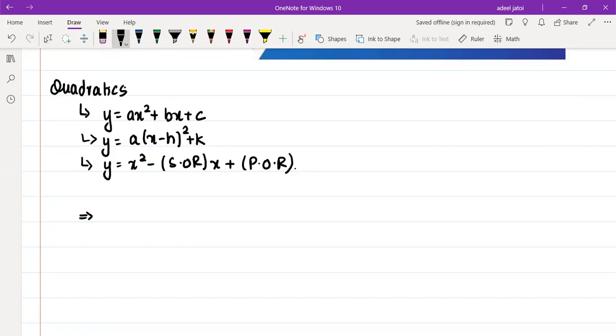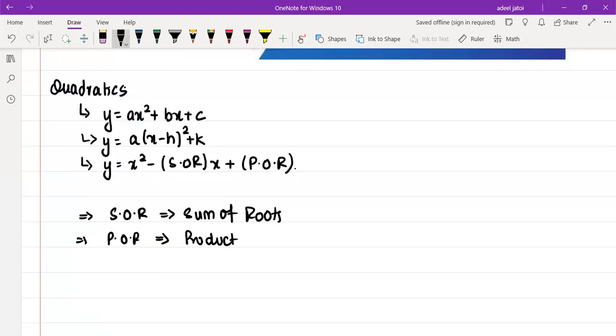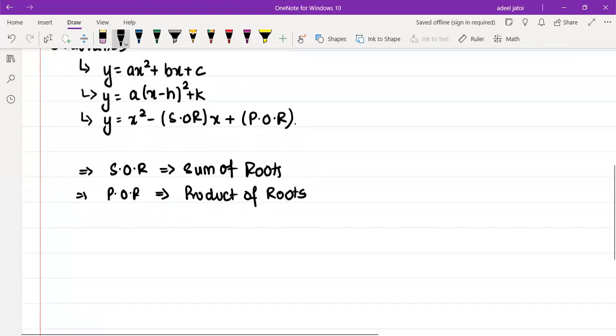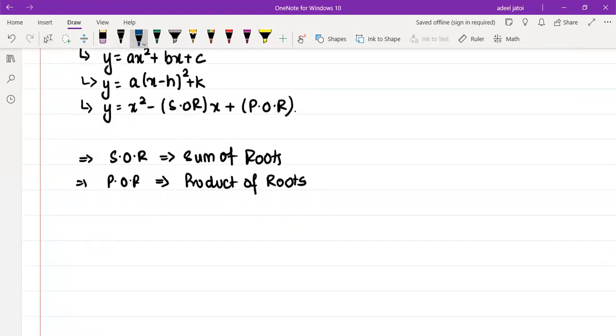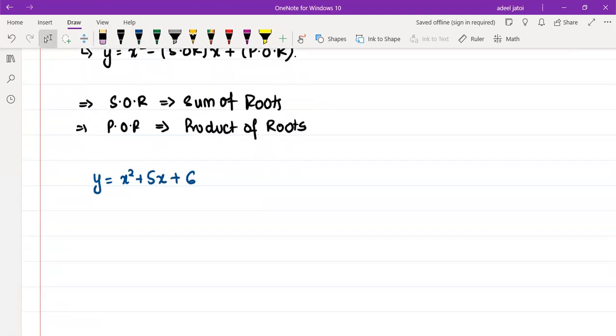If I say that SOR is sum of roots and POR is product of roots. If a given equation is y is equal to x square plus 5x plus 6, I can easily say